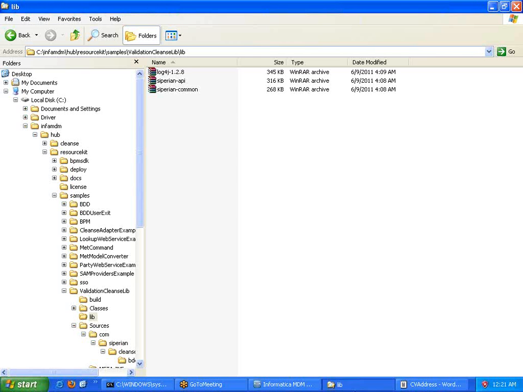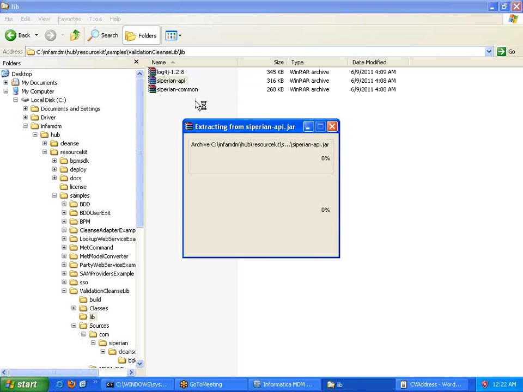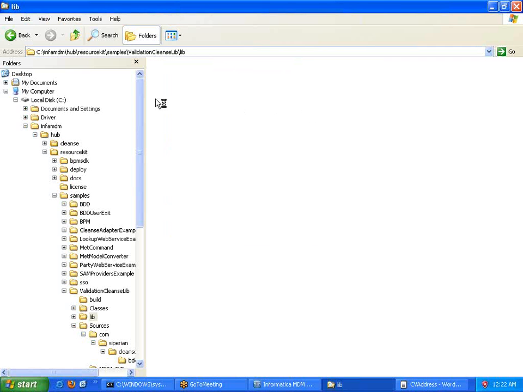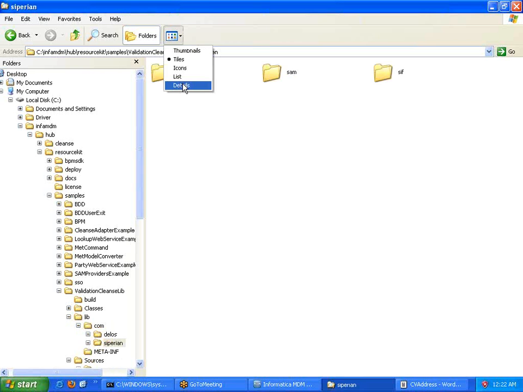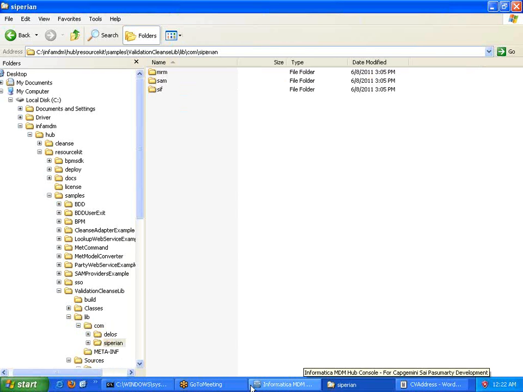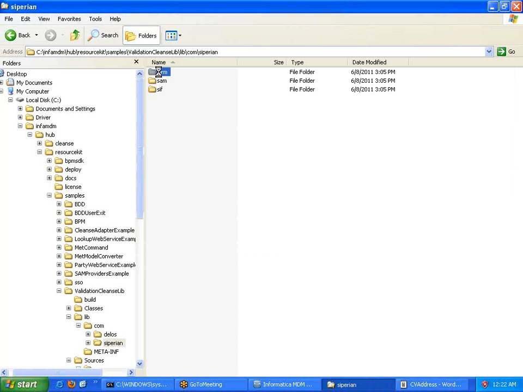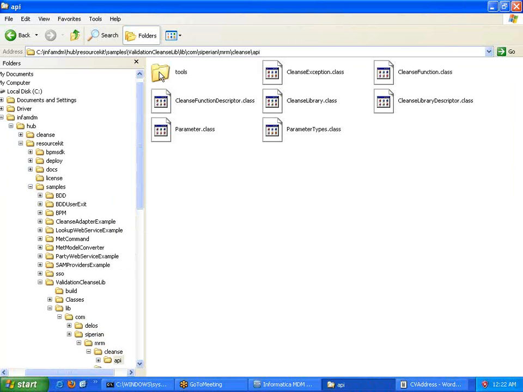Remember, if we extract it here, you will see those classes. So go to the MRM class API, then you will see those classes.